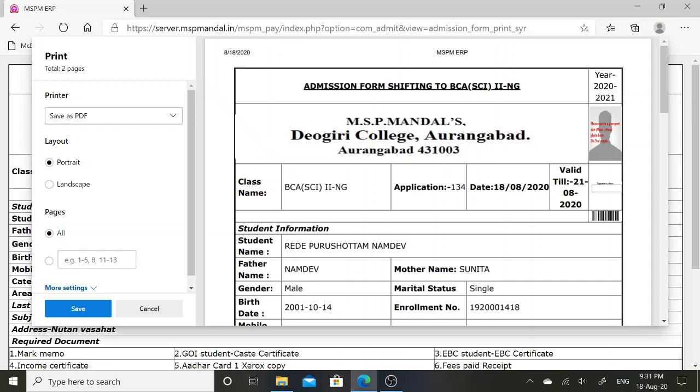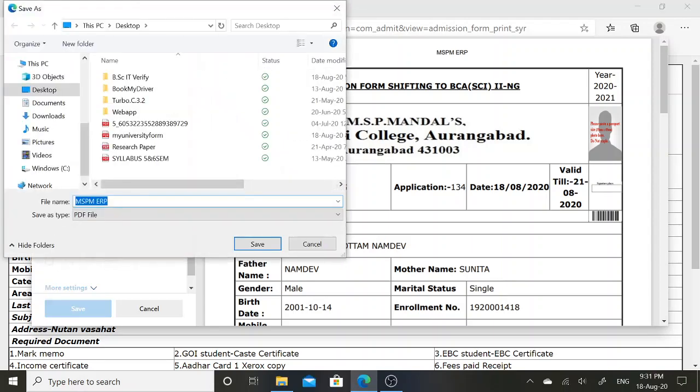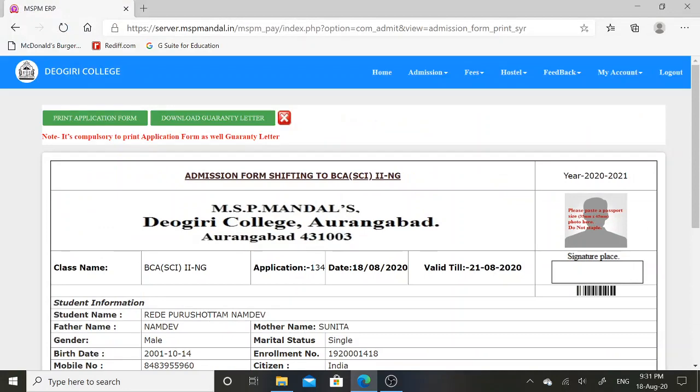You can save this application form on your desktop, laptop or mobile. You can also download this guarantee letter.